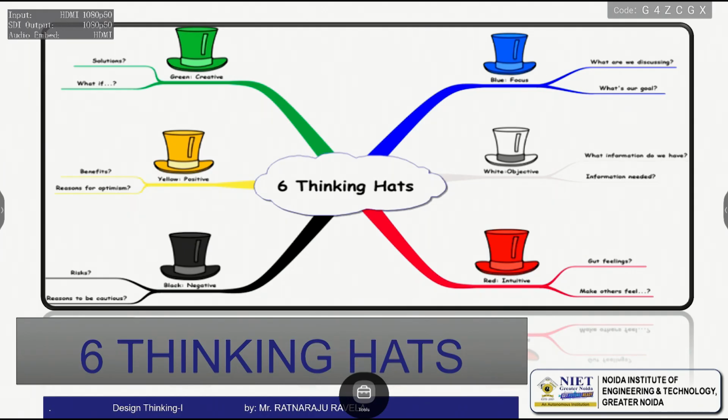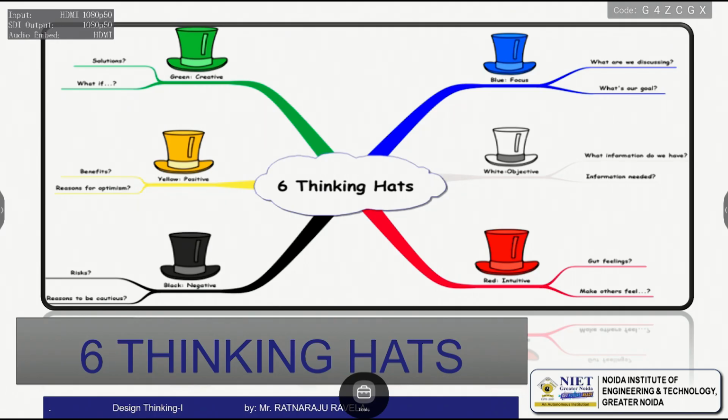particular problem. As we know, our human brain always works on one side of the area, and because of that, sometimes out of hurry or out of enthusiasm we make mistakes. To avoid that, the six thinking hats help us get the overall picture of the problem before we approach or solve the problem.